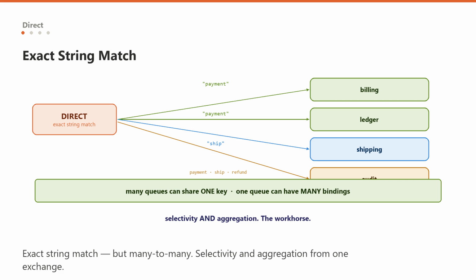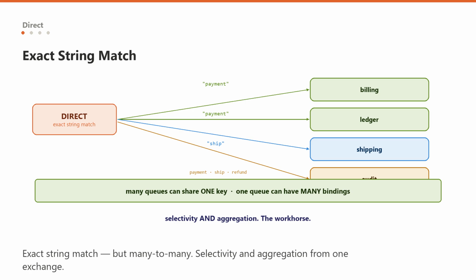Second, and this is a genuinely useful pattern, a single queue can have several bindings. Bind your audit queue with the key payment, and again with the key ship, and again with the key refund, and now it collects all 3 message types. So direct exchanges give you both selectivity and aggregation,